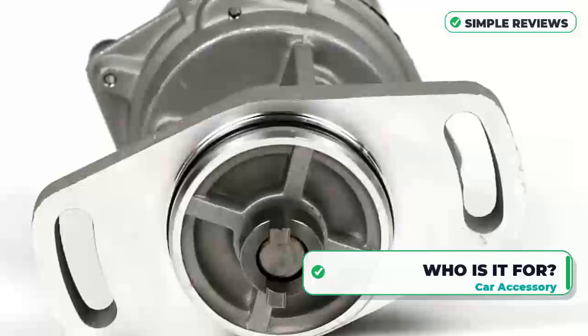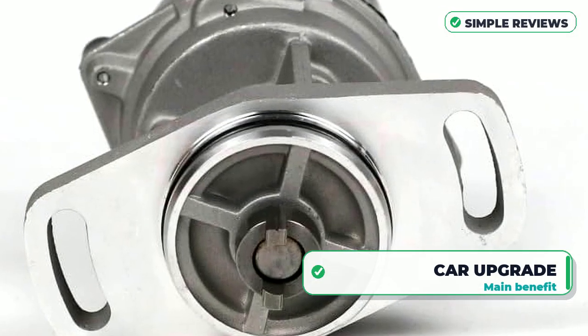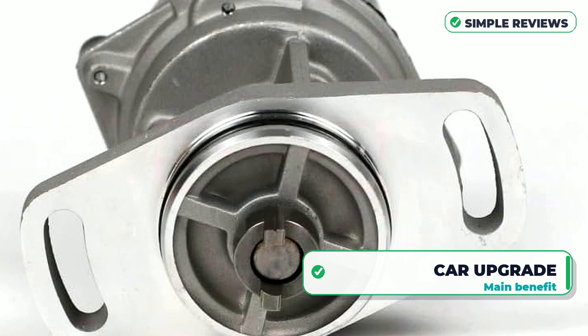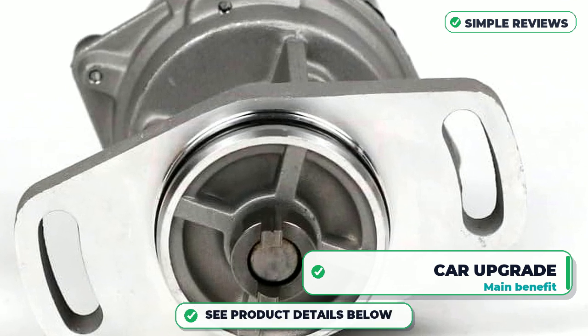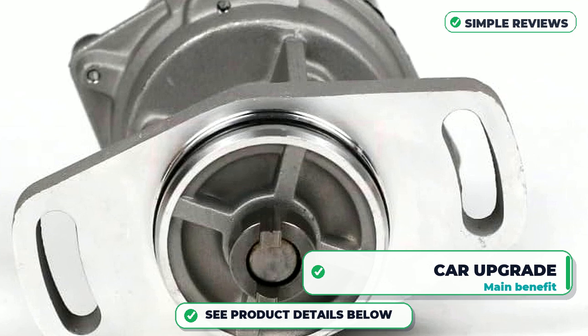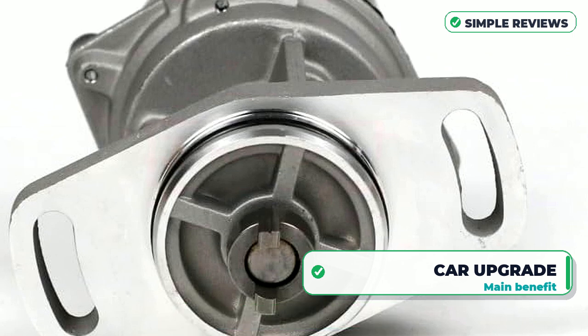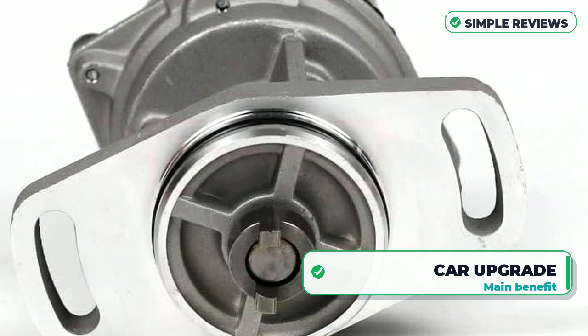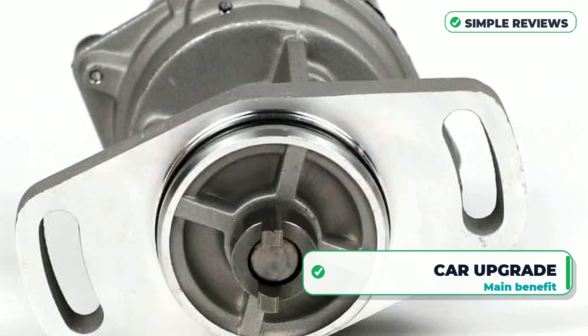When you're driving with a faulty distributor, you can feel the stutter and stumble of the engine, but with the complete distributor fit for Nissan 1994 to 2015, you'll experience a smooth, quiet ride, with the engine humming along like a well-oiled machine. Whether you're cruising down the highway or navigating tight city streets, this distributor will give you the performance and reliability you need, and that's why it's a must-have for any car owner. So why settle for a subpar driving experience when you can have a top-notch one with the complete distributor fit